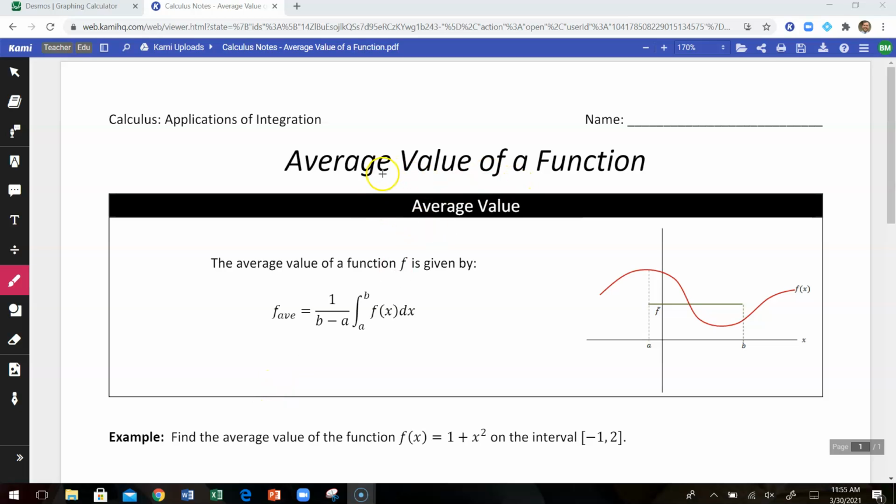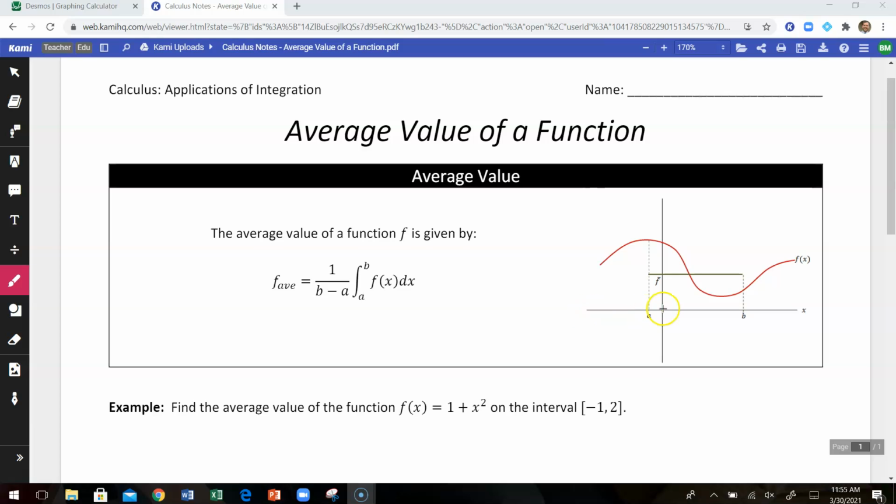In this video, we're going to discuss the average value of a function. So, over a specific interval, looking at this graph from A to B, what we're looking for is the average y value of the graph over that span. We have some graph that can do a lot of different things, but we can find the average y value over a domain of our x values from A to B